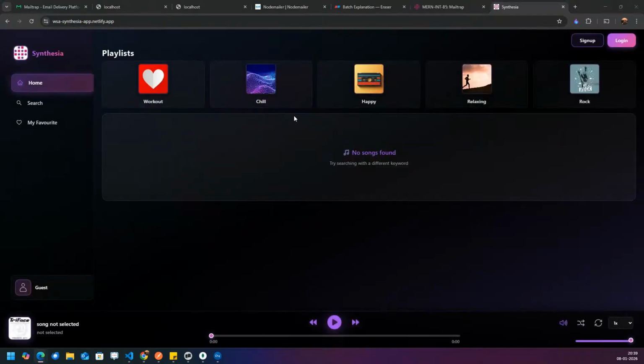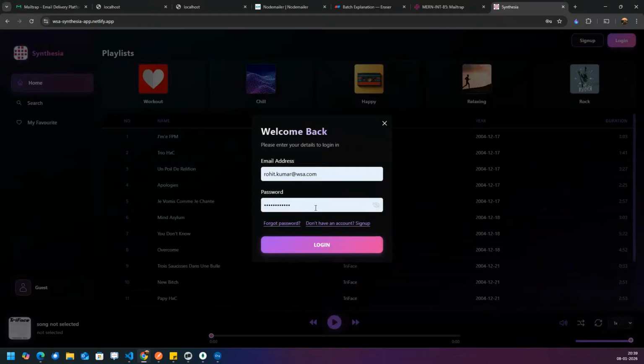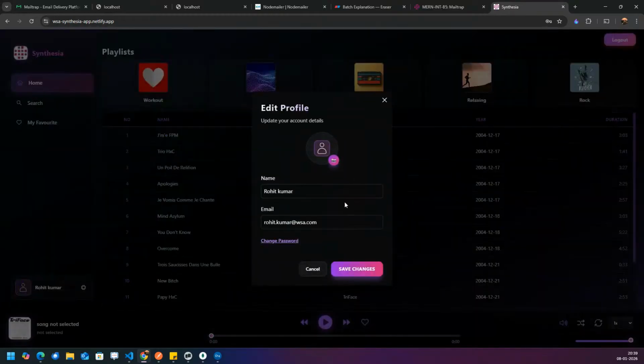Okay, so see over here. Now it will take time to load the backend. Now login. So I can log in. Okay. Now over here, if you go to Rohit Kumar, or if you click on this setting button, see, I